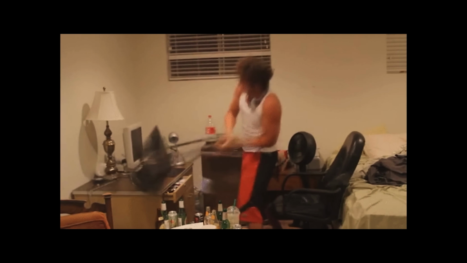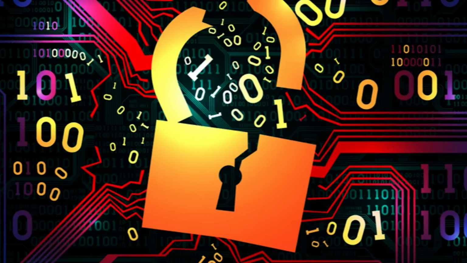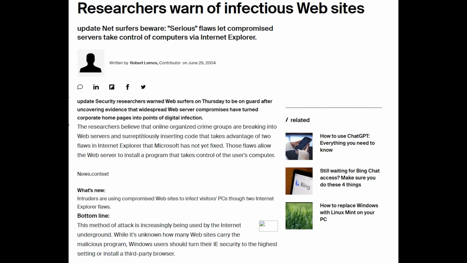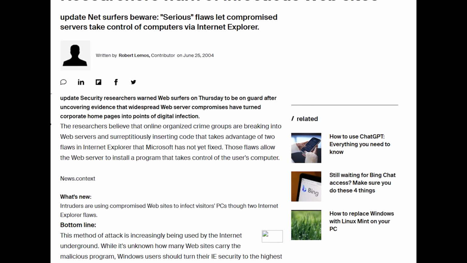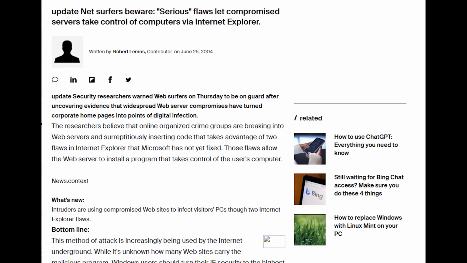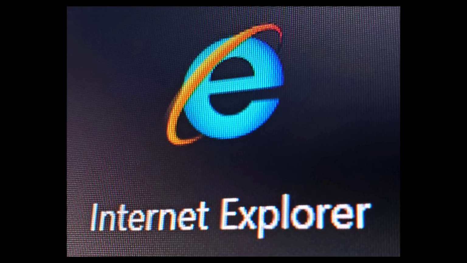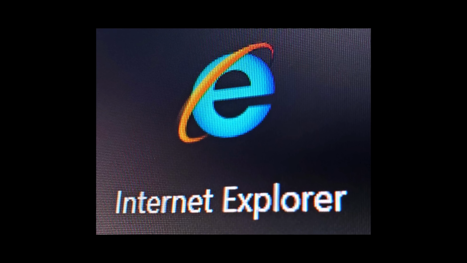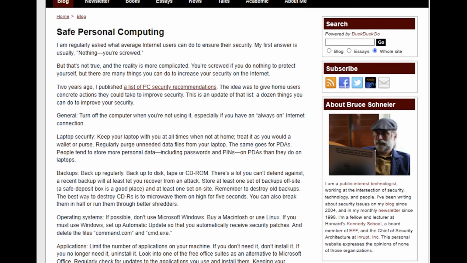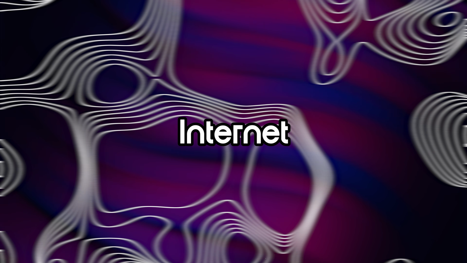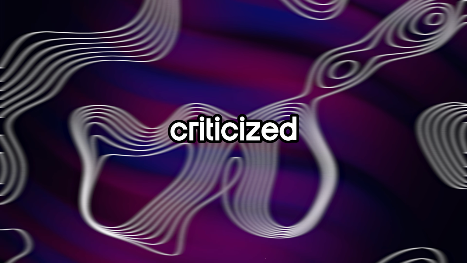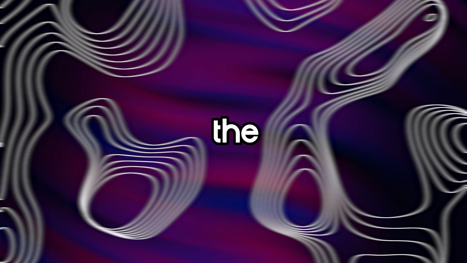On top of that, this version became notorious for major security vulnerabilities. It got so bad that just viewing a web page could open a backdoor on your computer for hackers, allowing them to capture every key you pressed. Because of issues like these, Internet Explorer frequently made headlines and was widely criticized by cybersecurity experts as a browser that should not be used. At the time, Internet Explorer was so heavily criticized that it regularly appeared on lists of the worst tech products